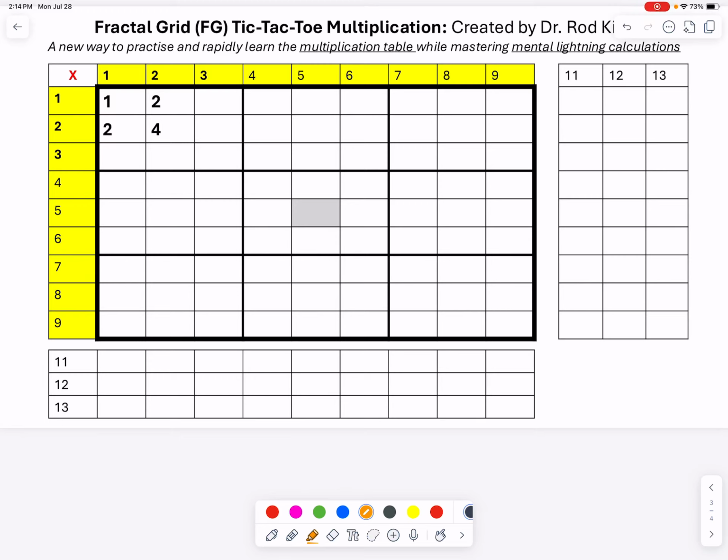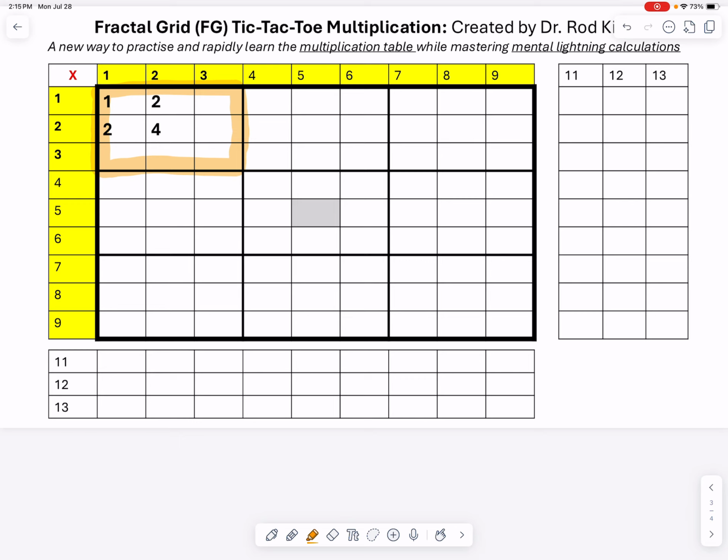In elementary school, one of the most dreaded tasks is memorization of the multiplication table. Many children have suffered trying to memorize the multiplication table because it requires rote memorization. I have developed a new way to practice and rapidly learn the multiplication table, and all you need to know is the multiplication in this grid, which is part of a fractal grid that has a 9 by 9